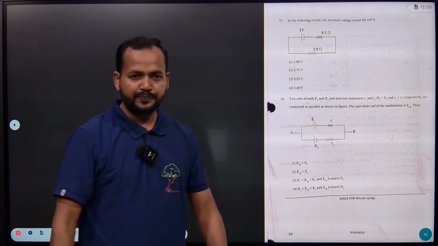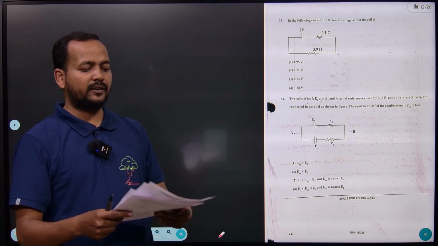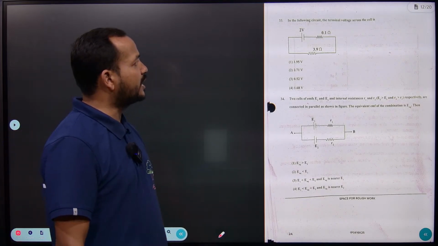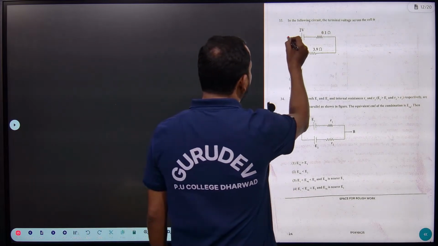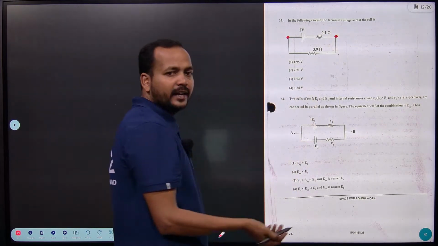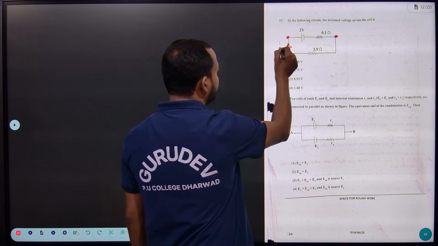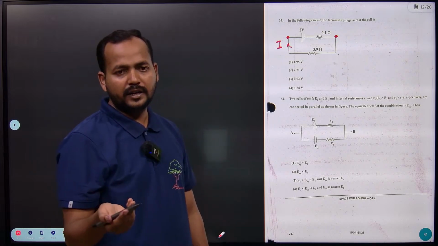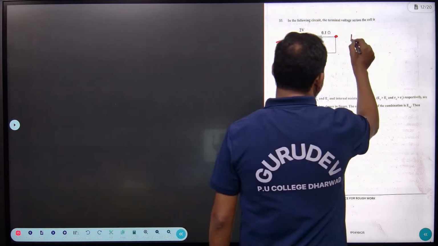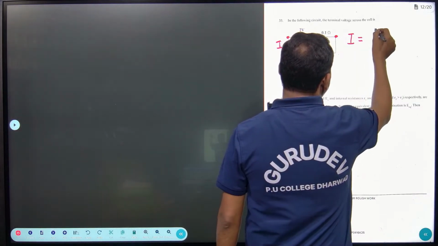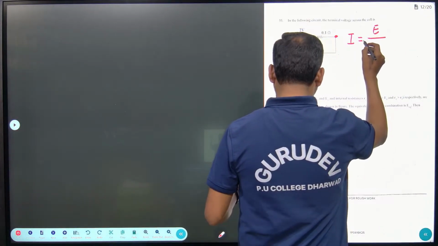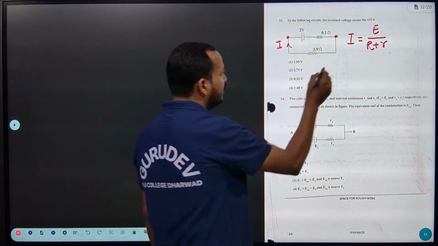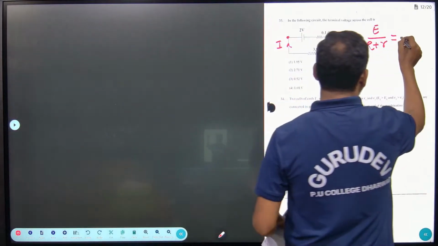Question number 33, which is from current electricity. In the following circuit, what is the terminal voltage across this cell they are asking. To calculate terminal voltage, first we need the total current I. How will you calculate that net current? Total current is equal to total potential divided by total resistance. So here current I is equal to total EMF E divided by total external resistance plus internal resistance R. This formula you have to use. If you use that, you will get the answer as 0.5